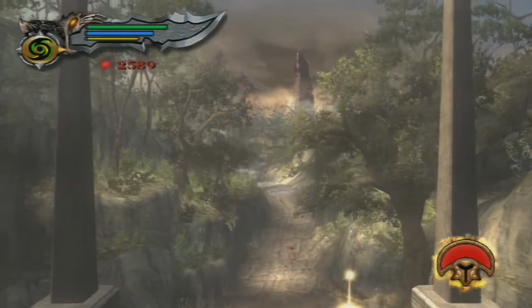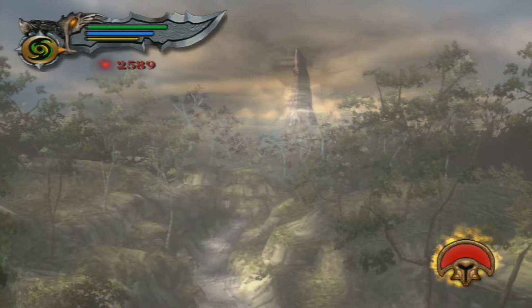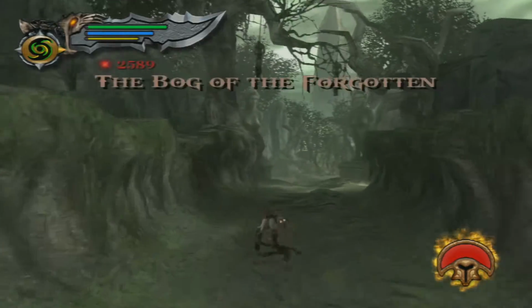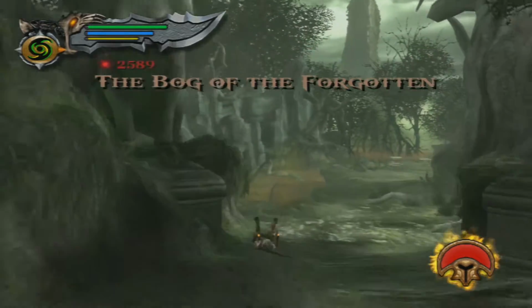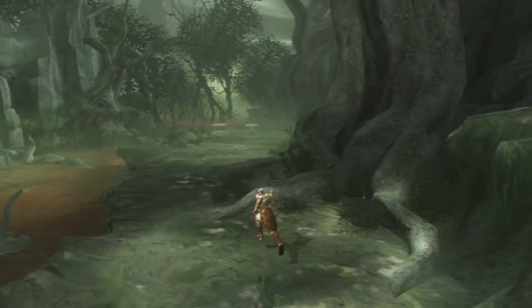Alright, go ahead and roll up this way. And now we're going to be going into, I think it's called the Fog of the Forgotten, maybe? The Bog of the Forgotten. I said fog. Now you can see there's two chests over there, but the only problem is...